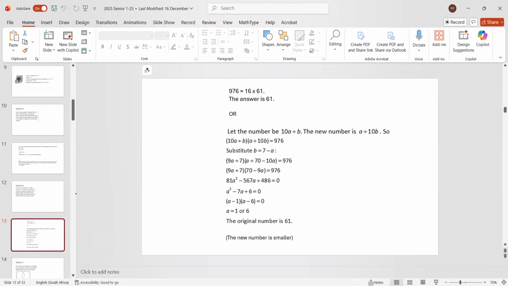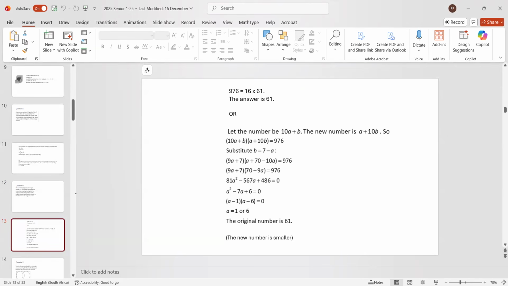Like in this case here, if you read this, it's let the number be 10a plus b. When you've got a two-digit number, it's always of the form 10a, the tens unit, and the units part. So if the tens digit is a, then the value of the number is 10a plus b. Right? And then you swap it around, and it becomes a plus 10b. And they say that if you multiply these two numbers, you get 976. So you can see I've got those equations there,